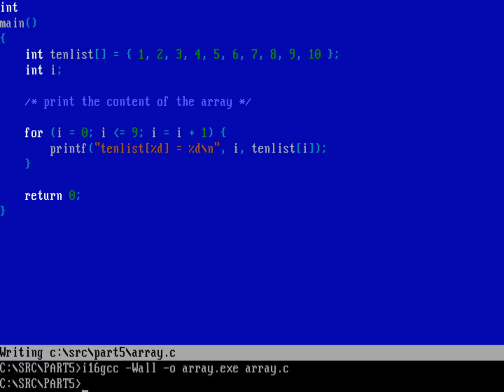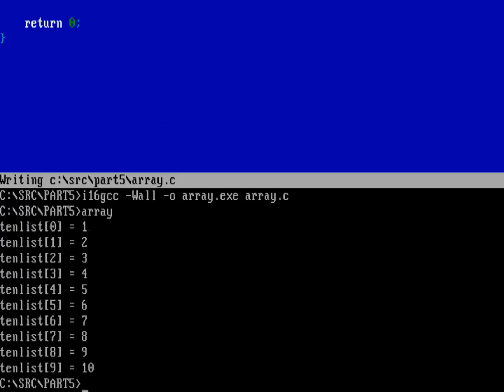So let's go ahead and run array, and that should print out the contents of the array. And remember, it's going to start the array at 0, and the elements that I stored in there were 1, 2, 3, 4, 5, all the way up to 10. There you go. You can see that it starts at 0 and goes to 9, and those are the array elements, or the data that I stored into the array in order. Let's edit that,